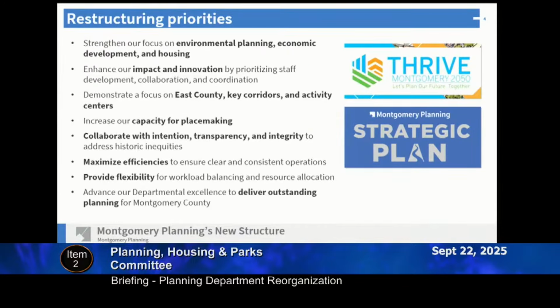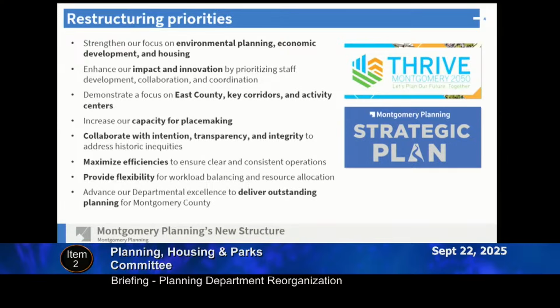As we contemplated, evaluated, and debated potential changes to our structure, we focused initially on functions, not on people. We literally had pieces of paper with every single function that we could think that we serve, and we thought, what makes sense to put together? We didn't ask ourselves who should be in what division.